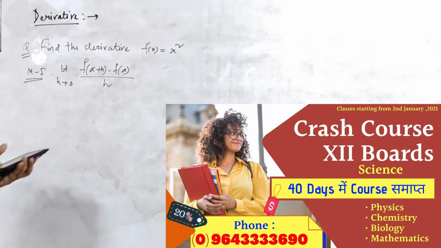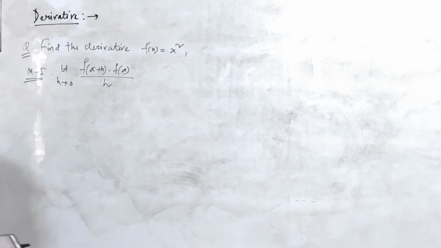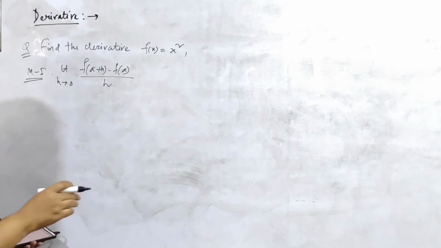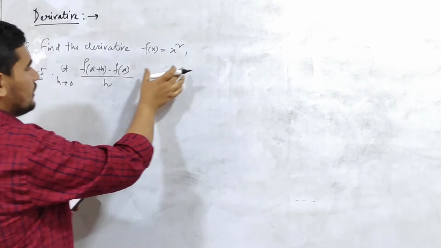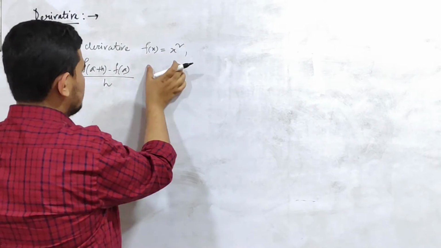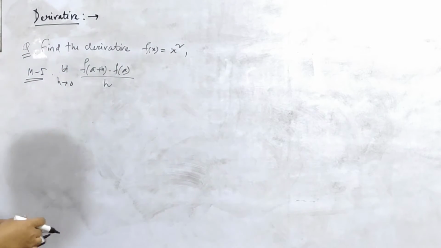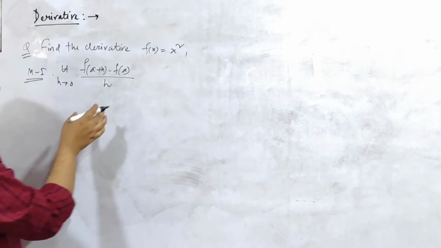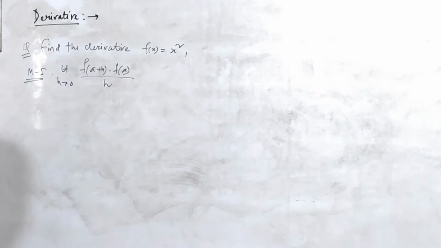When we are given no point at which they are asking us about the derivative, then we can assume any point at which we can find the derivative. Here the main reason why we are not given the point is that they want us to find the derivative in terms of x only. So you can take the point a equal to x also here, and if you substitute, then you can have the answer of the derivative.